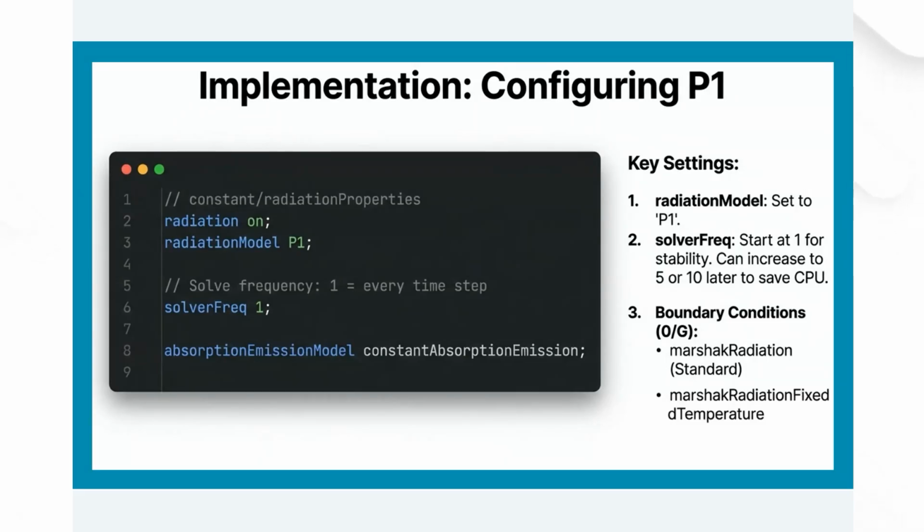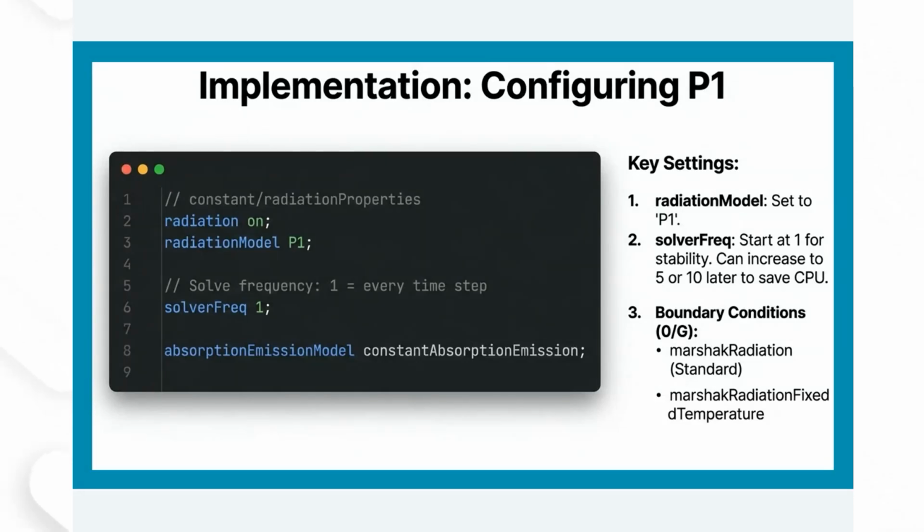Essentially, this forces the solver to recalculate the radiation field at every fluid time step. This is recommended for initial stability, at least, especially in combustion, where temperature changes quite rapidly. Once the simulation stabilizes, you can increase this to 5 or 10. This means radiation is solved every 5th or 10th step,